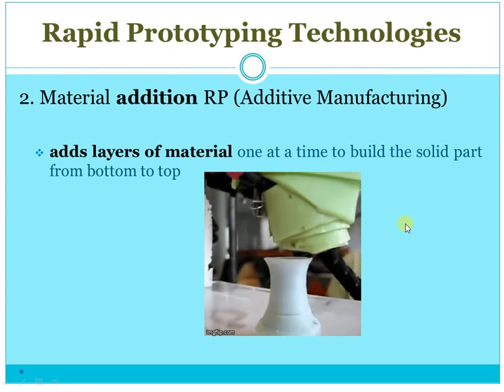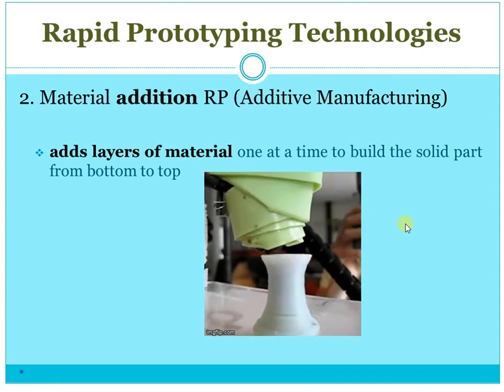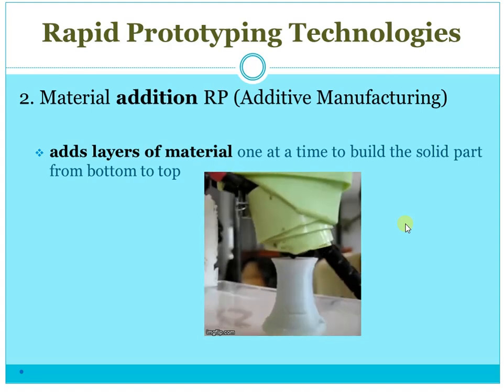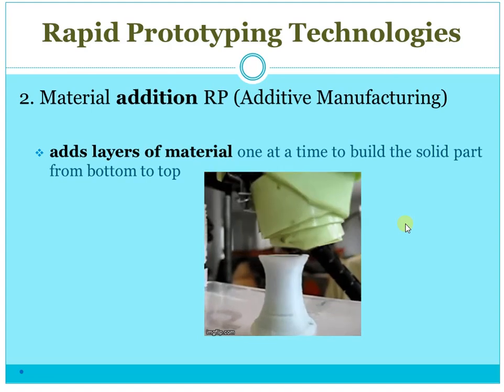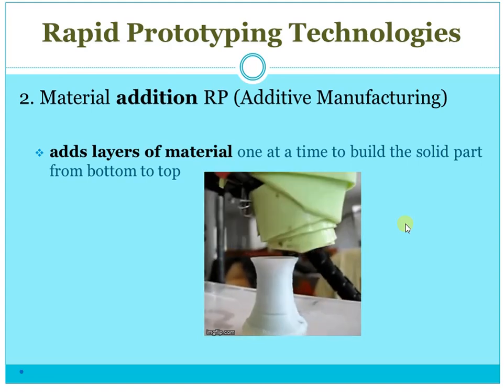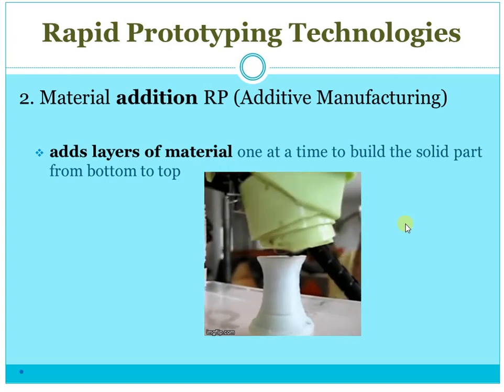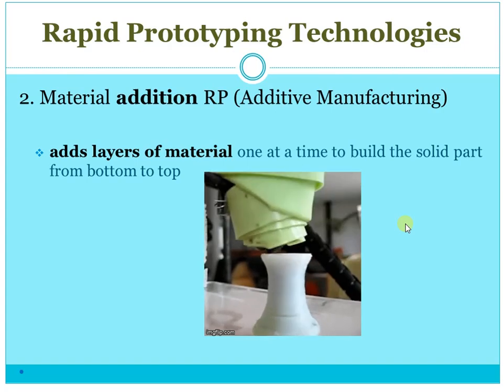the part is manufactured by layer manufacturing. So what is the advantage of additive manufacturing? One important thing, the wastage of material is very less. It manufactures the part very fast directly from the CAD model. But as compared to this, in the subtractive process, the raw material required is large and wastage of material is also large.